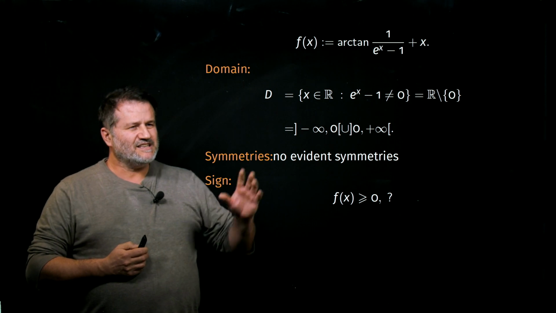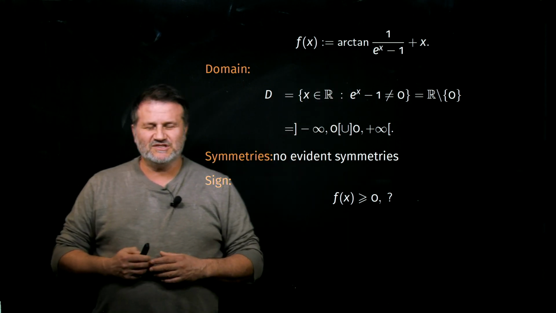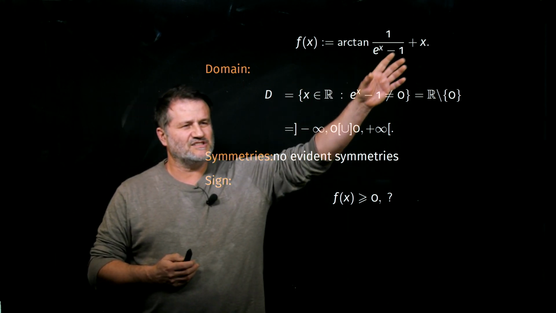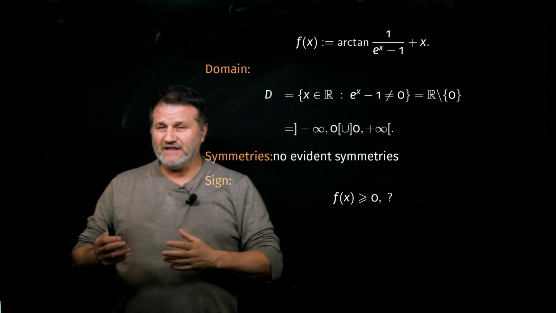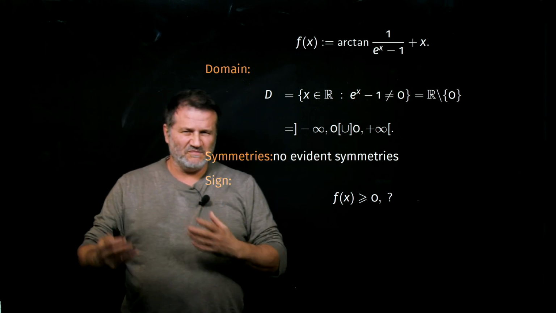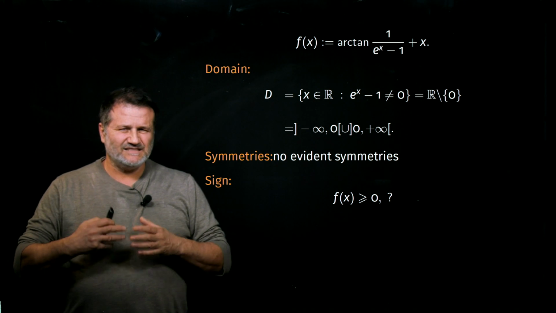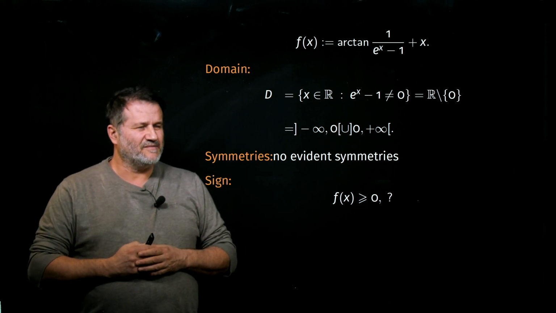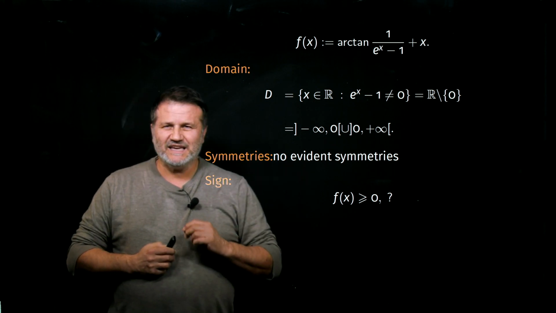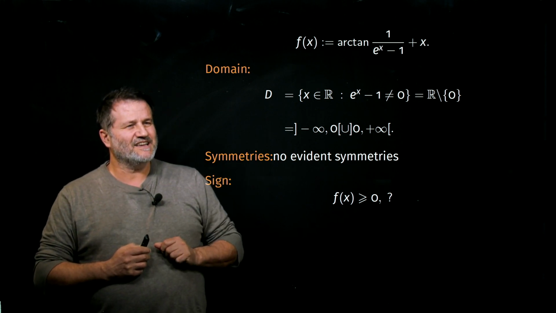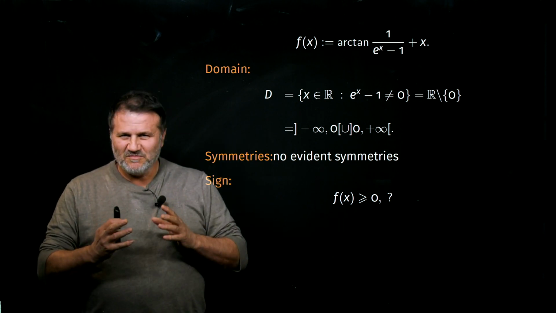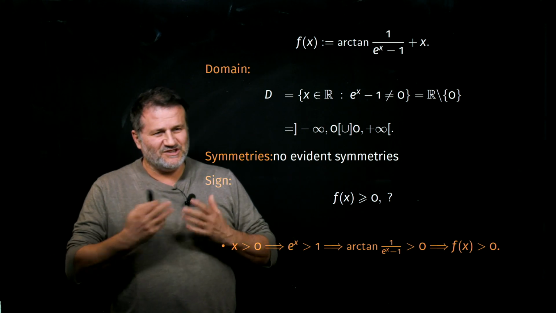About sign, the sign is not immediate here because if you write down the inequality arctangent of this plus x greater or equal than 0, it's a sort of mixed inequality and we don't know exactly how to handle it. In this particular case, we can, however, determine the sign by just a simple discussion, which is not a general